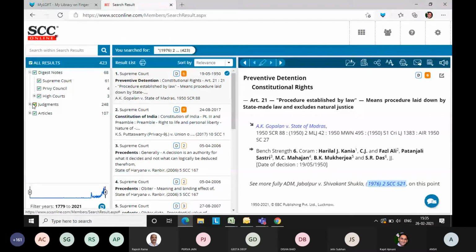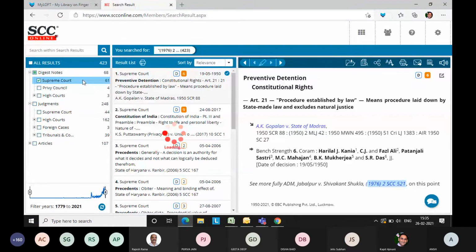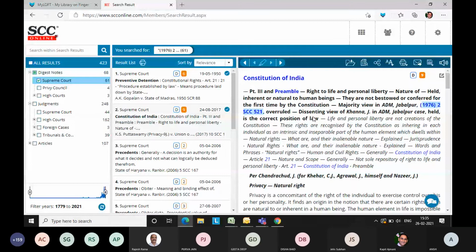or maybe in the digest notes also, you selectively go for the Supreme Court digest notes. In the Supreme Court digest notes, as you see, 2017 is the second one. No, the first one was 1950. If you click on the second digest note over there, again, you will get to see where it has been cited in that particular law point. It has been cited, ADM Jabalpur.